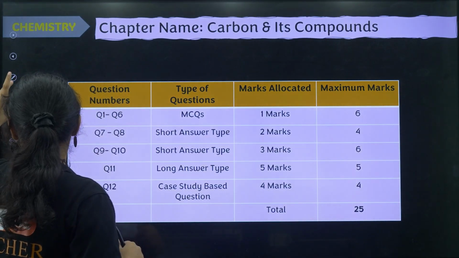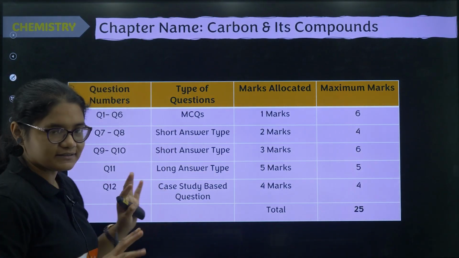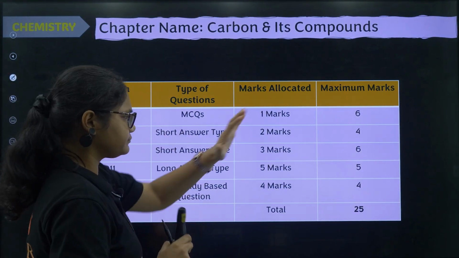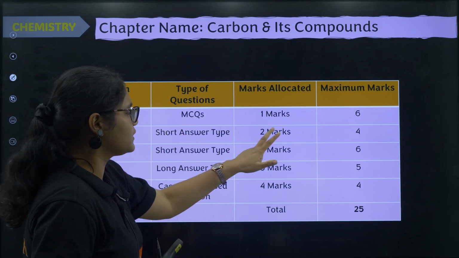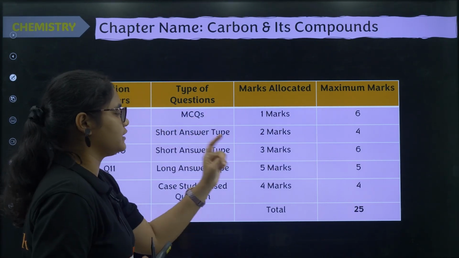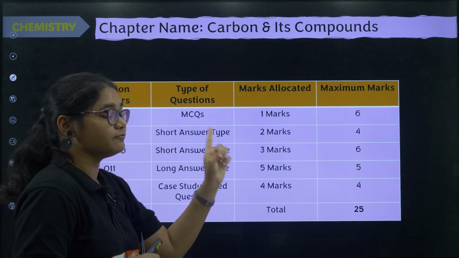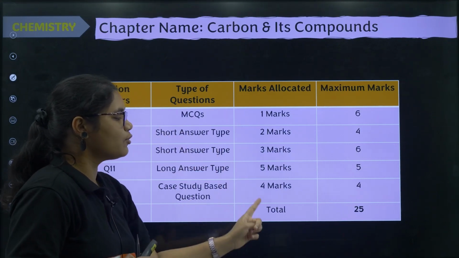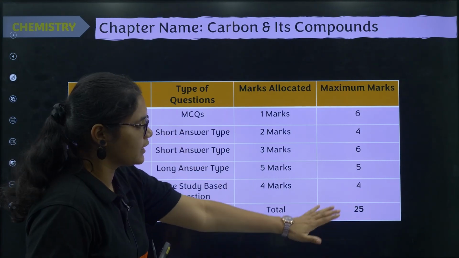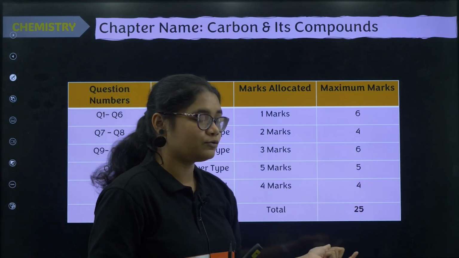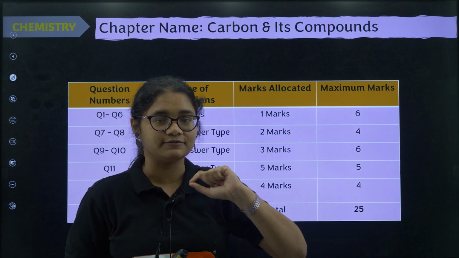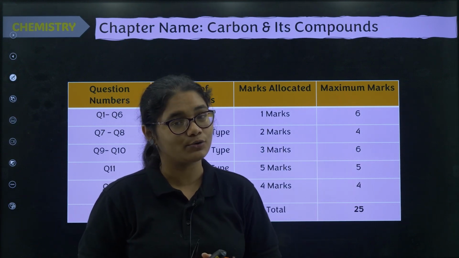In this particular session you will be getting 6 MCQs, 2 questions of 2 marks, 2 questions of 3 marks, and 1 question of 5 marks and 1 question of 4 marks. So the total comes out to be 25. I'll be telling you the marking scheme as well, so you need to score yourself and comment down your total score. Okay,